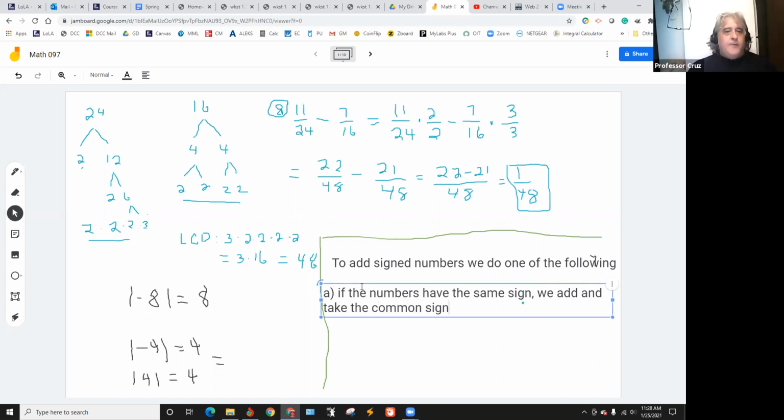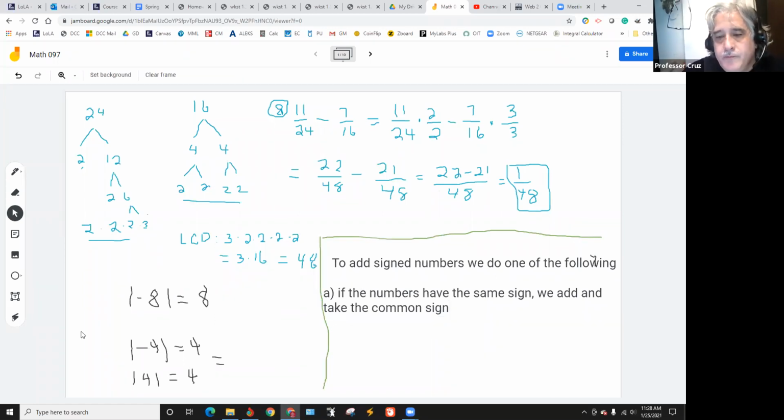So if they're both positive, you just add them up. And if they're both negative, you just add them up, but you got to tack on the negative sign. And then the other case is if they're different,